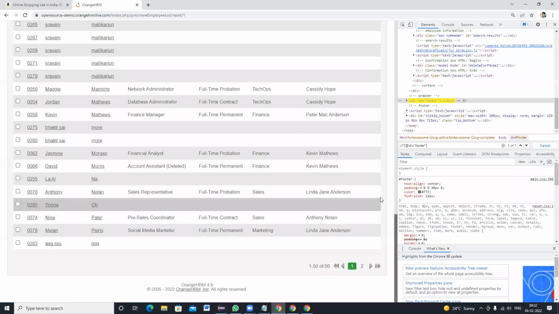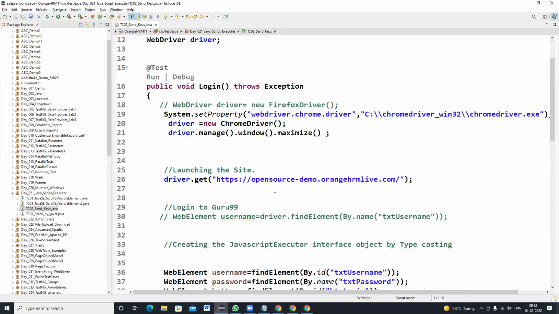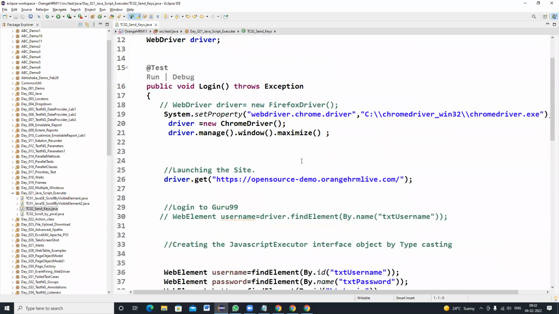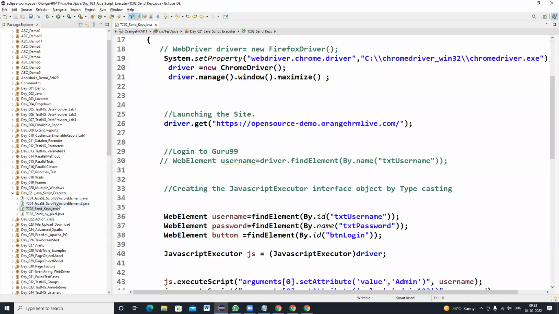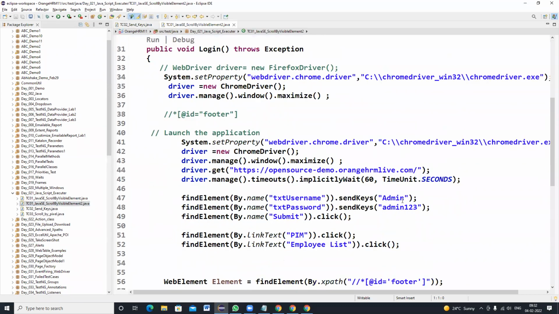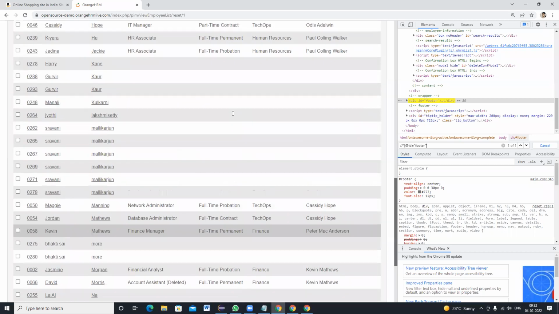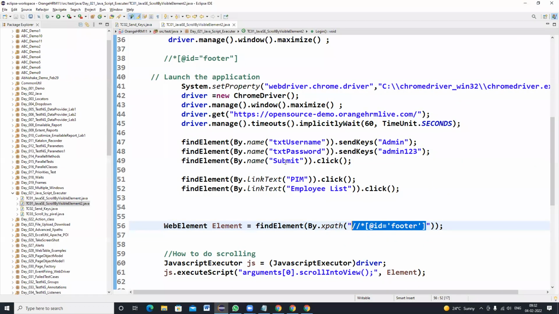Okay. So in a particular class, you have some XPaths written. For example, you have this XPath, footer of the page, right? You have this XPath, right? If you do not know the XPath, you can just copy this XPath that is already taken in the script. Okay, you can go and log in to that website and go until this section.